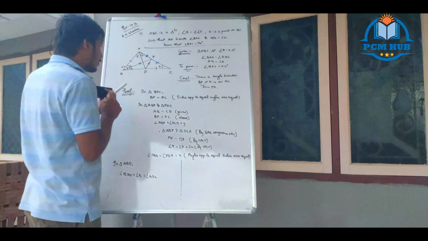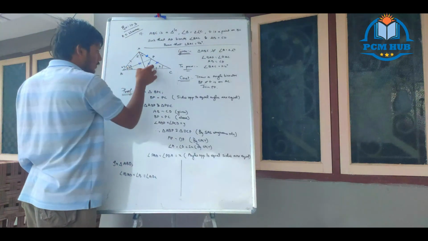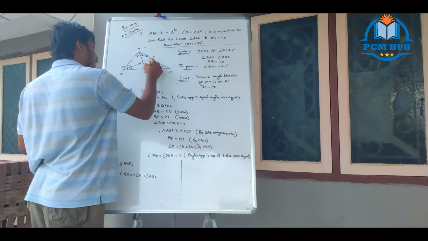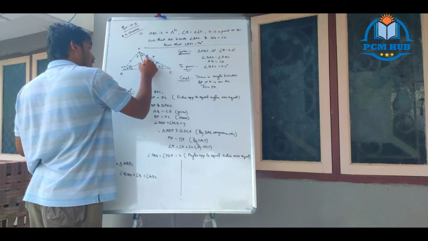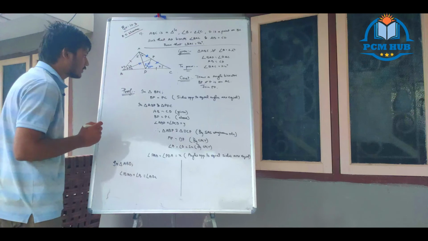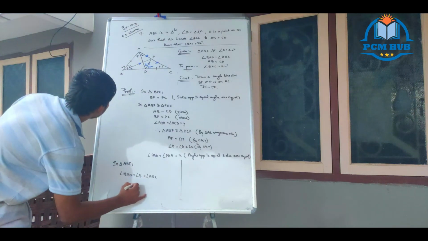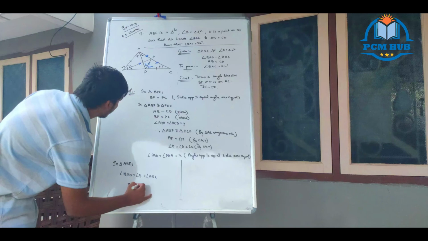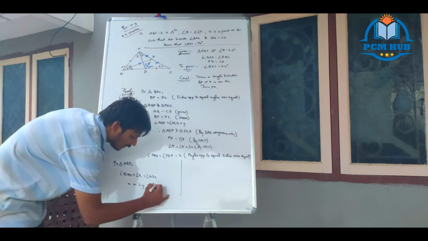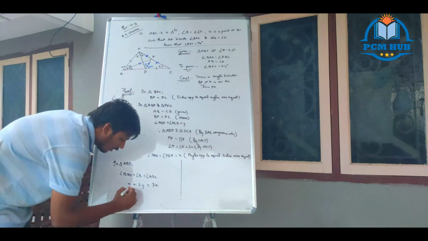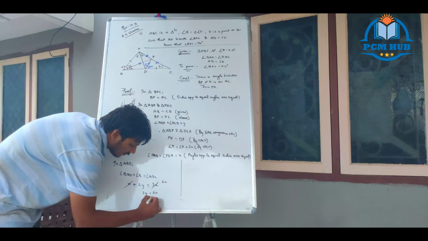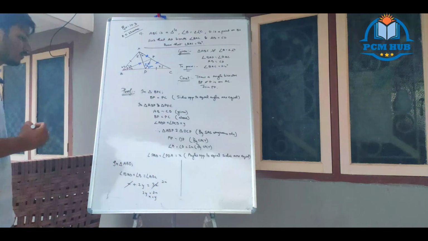So what we already know: this is x, which means this is 2x, which means this is also 2x. We proved, na, angle A equal to D equal to 2x. So you can write it here 2x. This also came as x. So what is ADC? It is 3x. So BAD is x plus angle B is 2y, equal to the exterior angle, completely 3x. Now you cancel here 2x, 2y equal to 2x, x equal to y. This is the first inference.